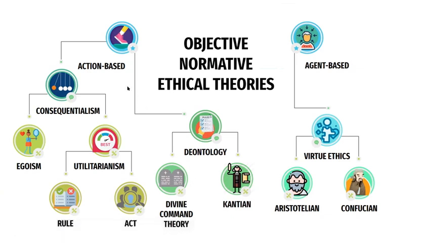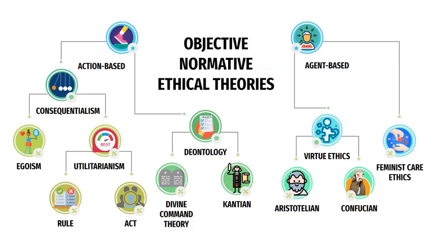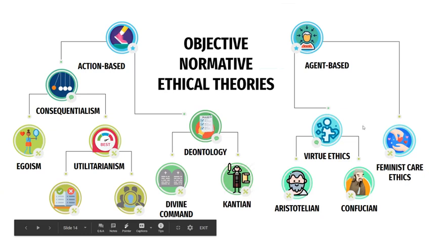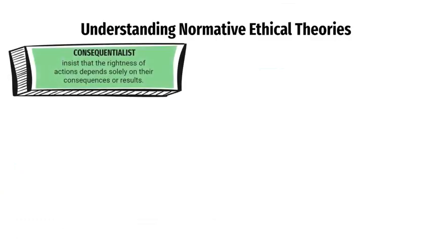If we don't follow the action-based, we'll look at the agent-based. And again, these are views predominantly from Aristotle and Confucius, among others, as well as more modern feminists that try to look at whether ethics should instead be focused on individual agents and their character, right? So lots of different but interesting and motivating normative ethical theories that can help guide the discussion.